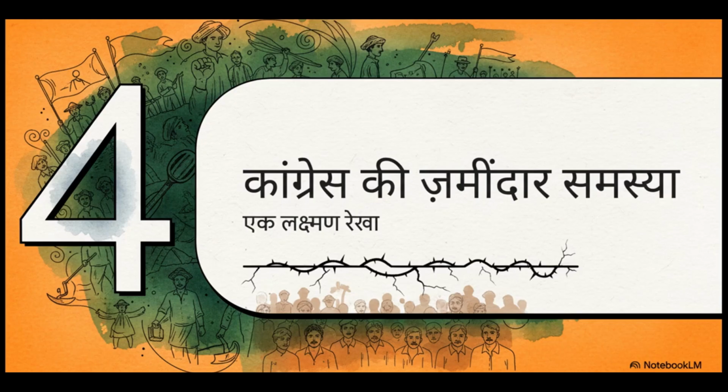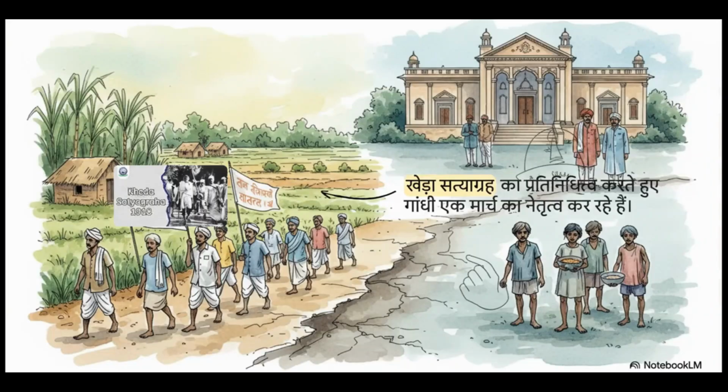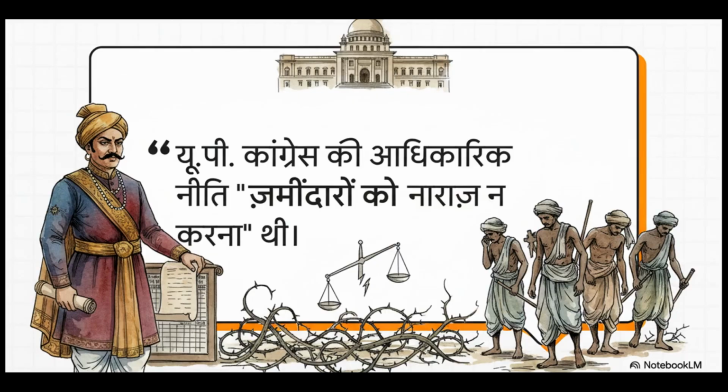किसानों का ये जो गुस्सा फूट रहा था, इसने कांग्रेस पार्टी के अंदर ही एक बहुत बड़ी खींचतान को सामने ला दिया। देखिए, एक तरफ तो कांग्रेस उन आंदोलनों का पूरा साथ दे रही थी जो जमीन मालिकों के हक में थे, जैसे 1928 का मशहूर और कामयाब बारदोली सत्याग्रह। लेकिन जब बात सबसे गरीब किसानों या बटाईदारों के हक की आती थी तो पार्टी के कदम ठिठक जाते थे। तो असल में मामला क्या था?